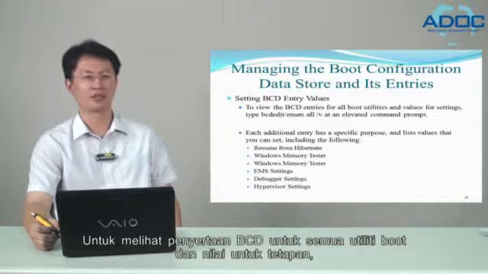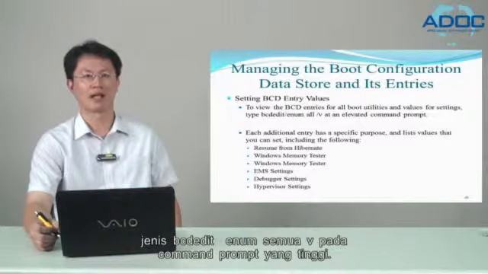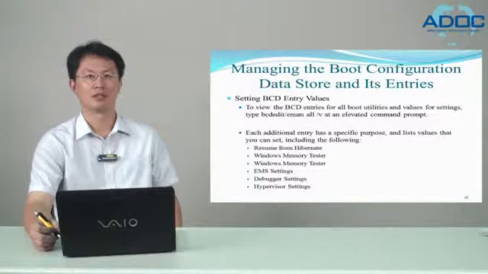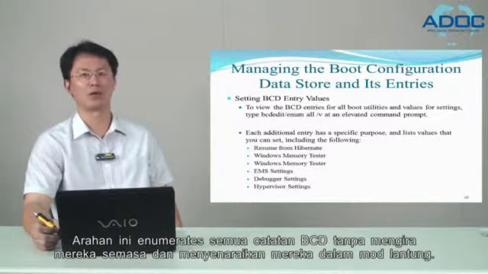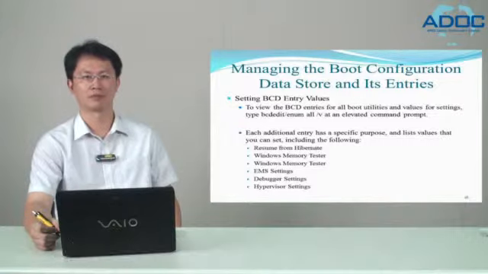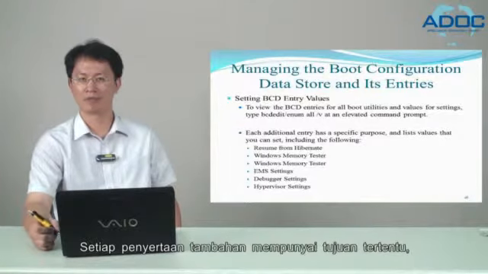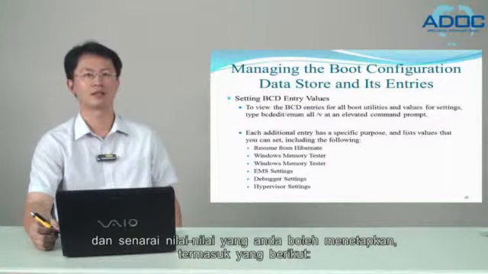To view the BCD entries for all boot utilities and values for settings, type bcdedit /enum all /v at an elevated command prompt. This command enumerates all BCD entries regardless of their current state and lists them in verbose mode. Each additional entry has a specific purpose and lists the values that you can set, including the following: